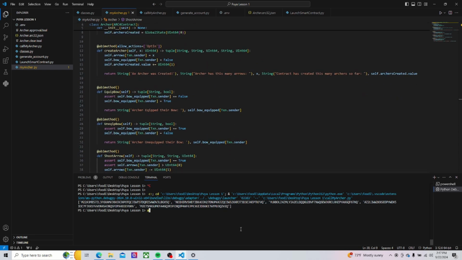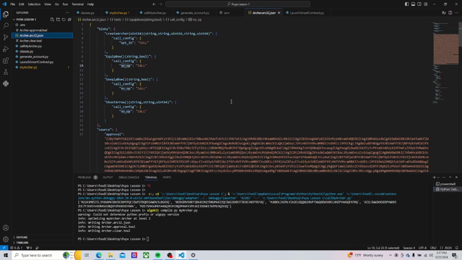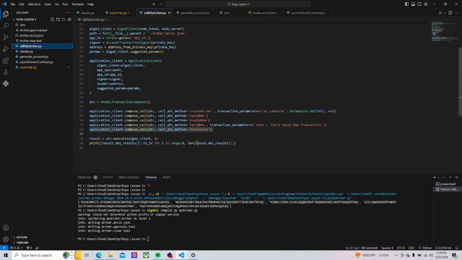But we can confirm that by compiling. So Control S here to save, then hit Enter. And let's see, perfect. And if we go to our JSON, you'll see that these have all changed. So create Archer, and now it doesn't return void, it returns this tuple, string uint64, string uint64, and here string bool, and string uint64. And we're going to use a similar list concept here,